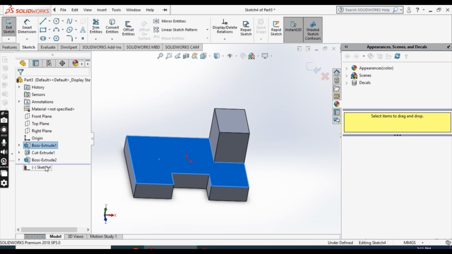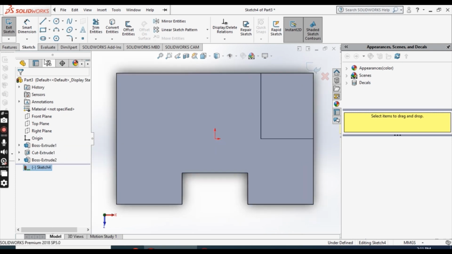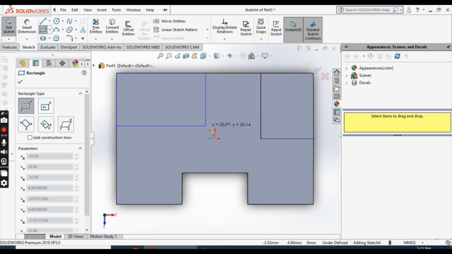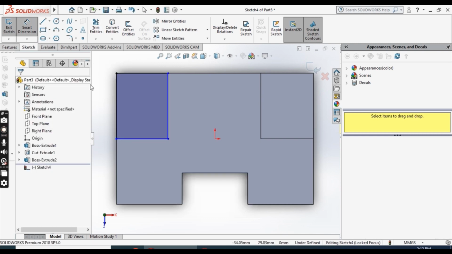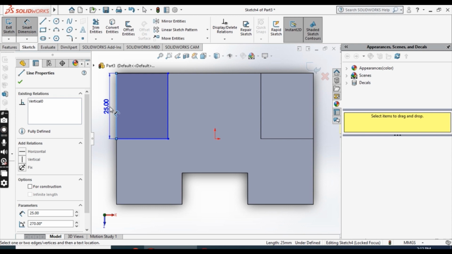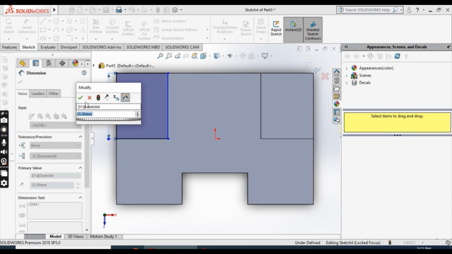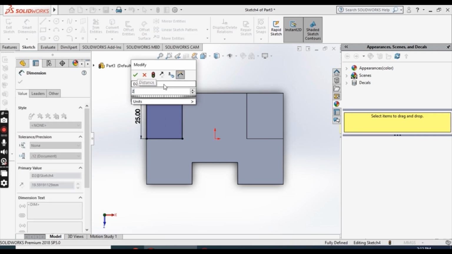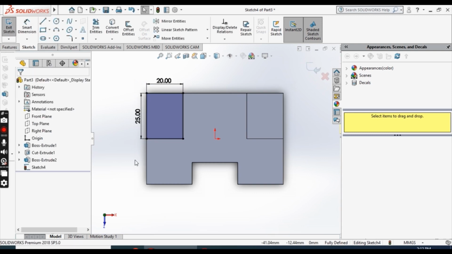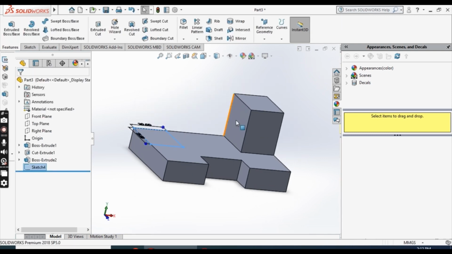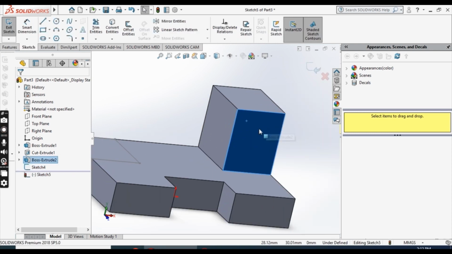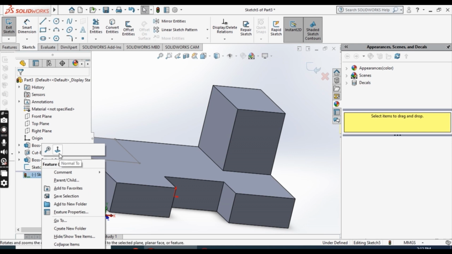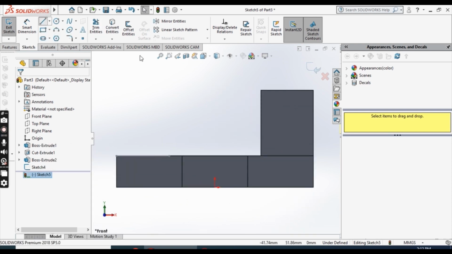Now go to the sketch, select top plane and normal. Select a corner rectangle. This is also 25, so we don't need to change this. Keep it same and change this one to 20 millimeter. Now select this plane, this face, go to the sketch, normal, select line